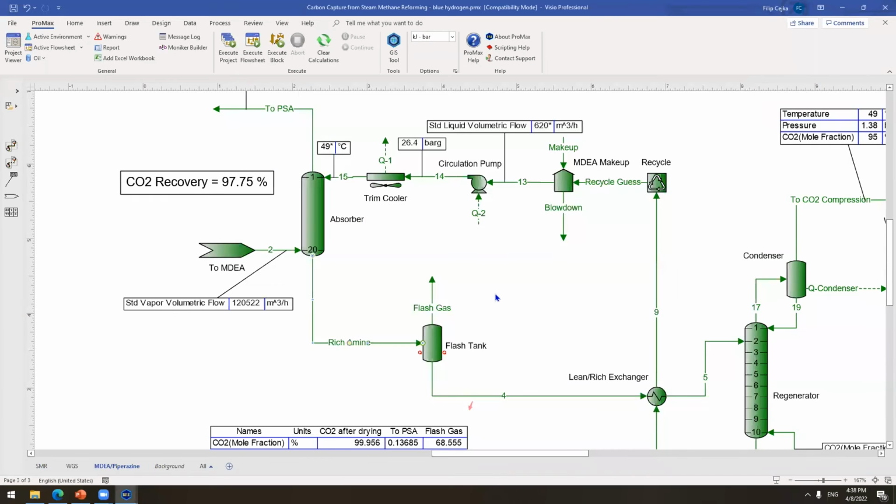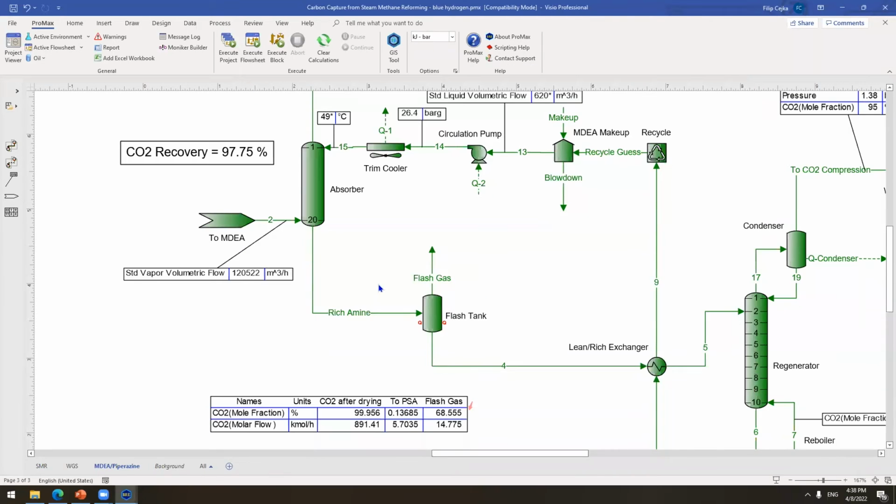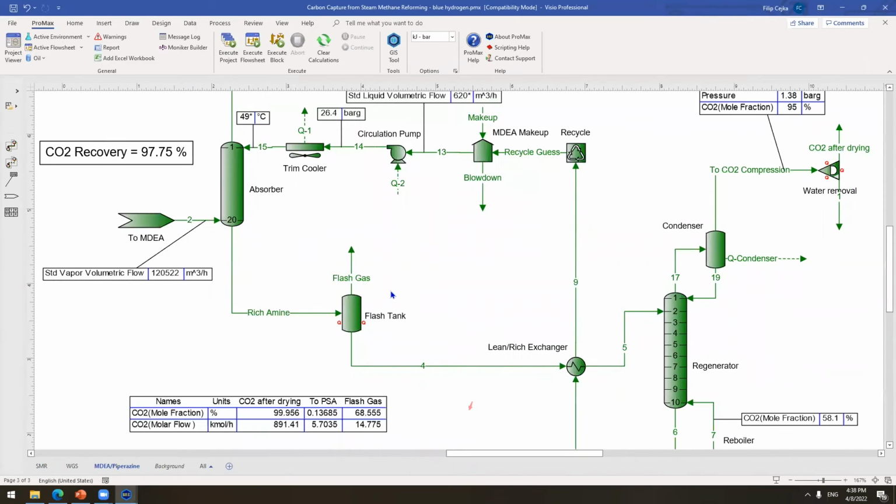This is a very useful, handy tool that engineers usually try to work with. It's something you can't really see in a plant, but it's very useful for you because it helps you to operate your plant. Now, this rich amine is coming to the flash tank,